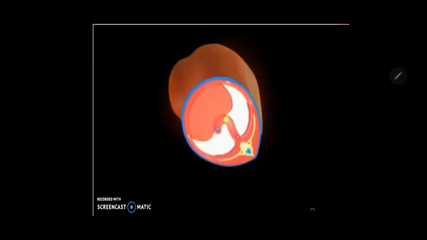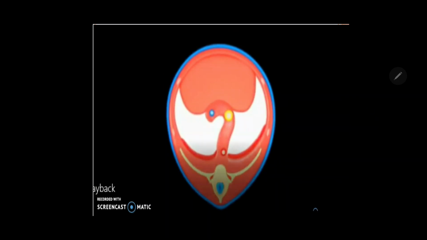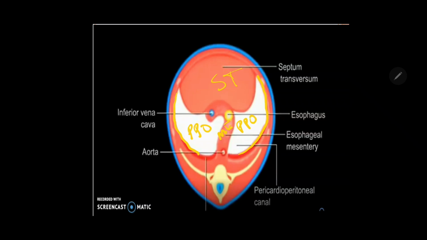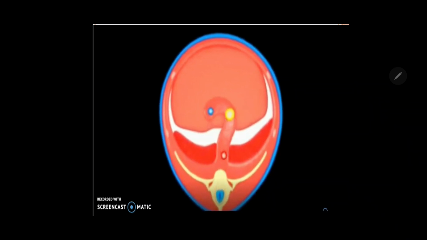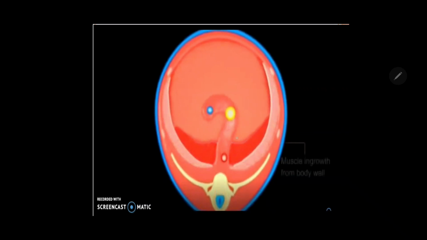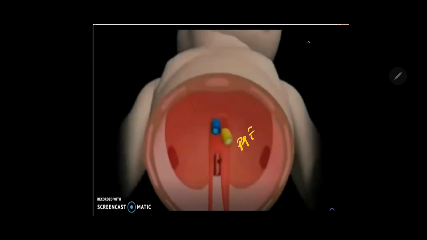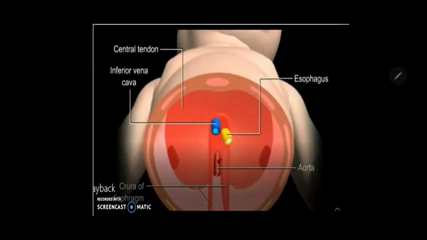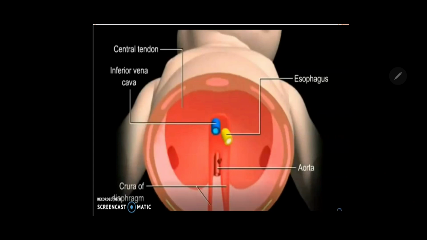cavities and peritoneal cavity. You can notice there, that is the septum transversum. This is mesoesophagus, and here you can see the body wall on the sides. So these are pleuroperitoneal openings there, and because of the formation of the pleuroperitoneal folds which fuse with the septum transversum, the formation of diaphragm completes there. So with the openings for the big structures like vena cava, esophagus and aorta.